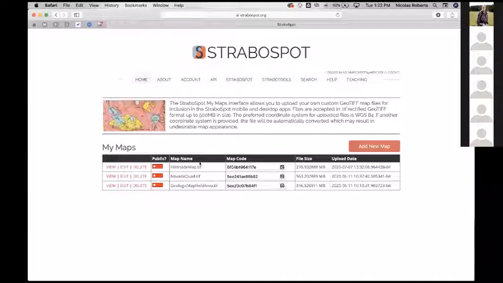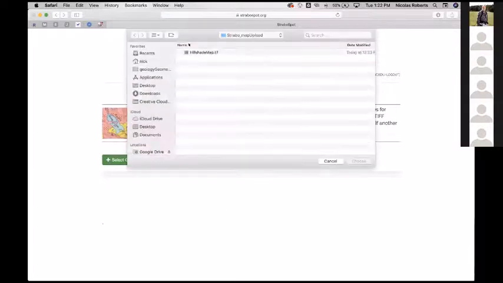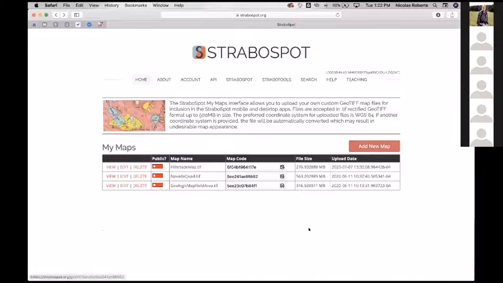And what I can do once I upload that, so if I were to upload it, I could say add new map, select GeoTIFF file, and navigate to that file and just hit upload. So very straightforward. I'll go back, and I can make this public if I want so that other people can access it. And I'm just going to copy this map code to my clipboard.